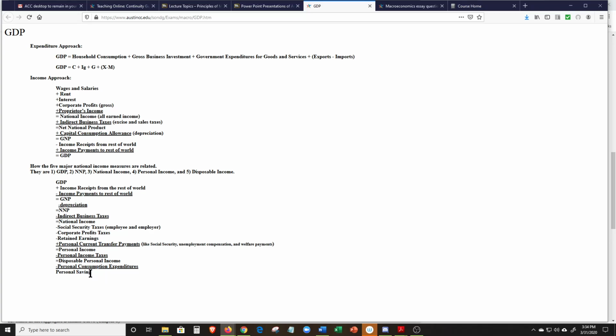An interesting thing that I pointed out yesterday is that personal savings is a residual. They don't actually go out and try to measure it. It's just an item that is left over. Whatever it is, it balances the books, if you will. And a lot of economists have wondered how accurate that is, because personal savings, the residual,